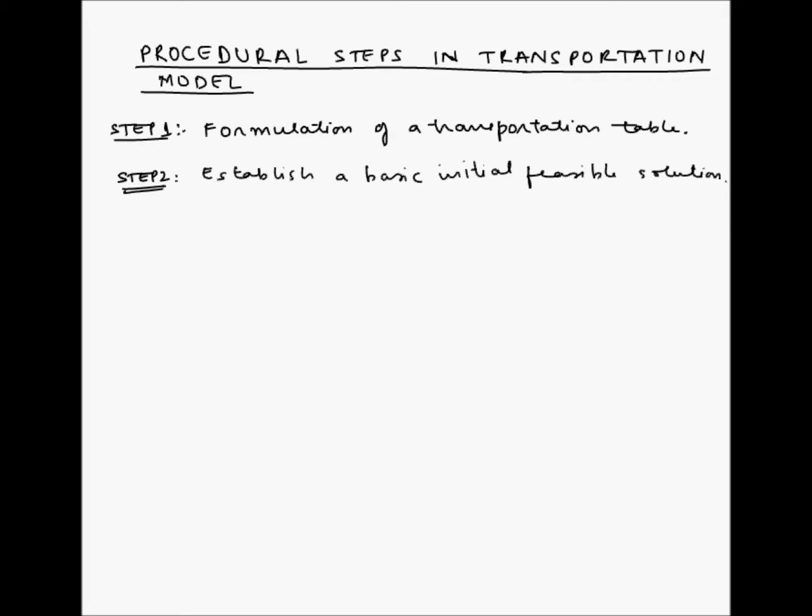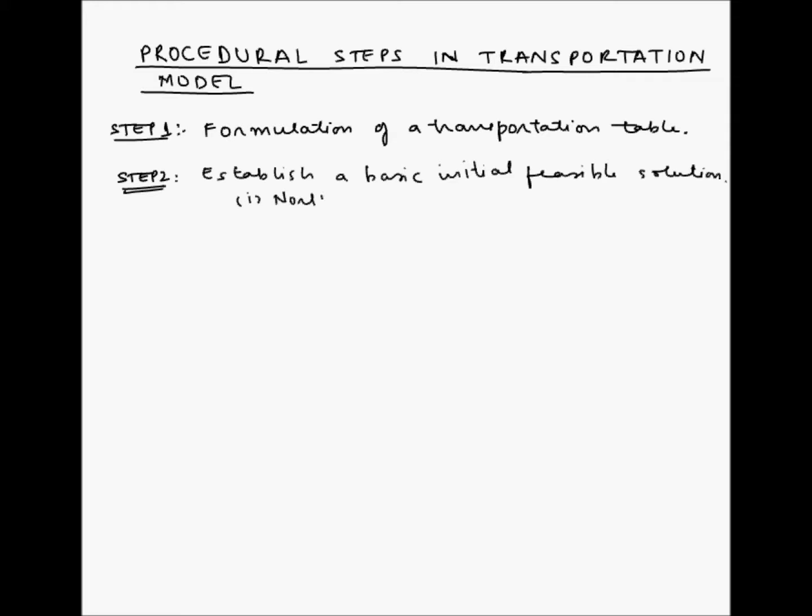So after we have formulated the transportation table, the next step is to find out a basic initial feasible solution. So this solution is expected to satisfy all the demand and supply constraints. However, this initial feasible solution may or may not be the optimal solution, or in other words, may or may not be the best solution. Now, there are multiple methods of establishing the basic initial feasible solution, the most common of which are